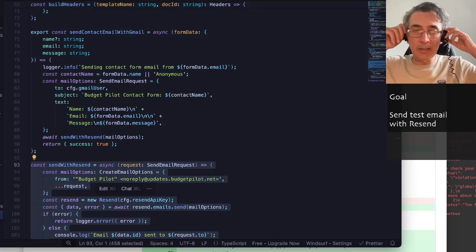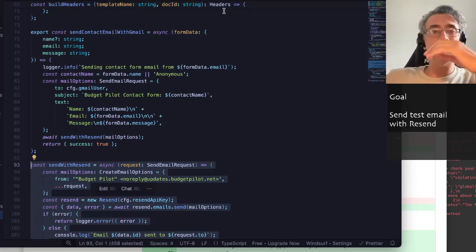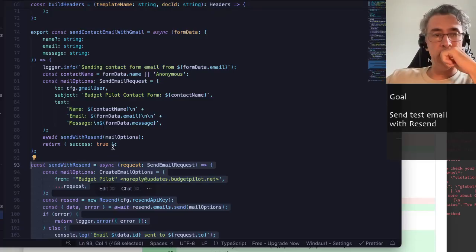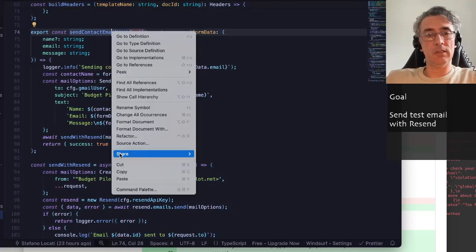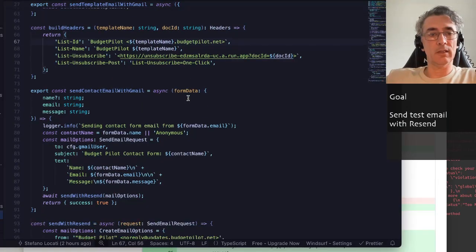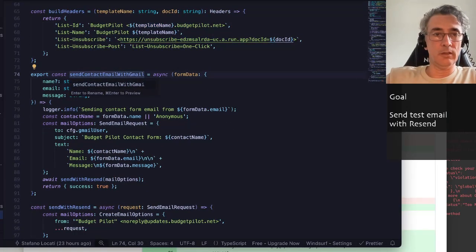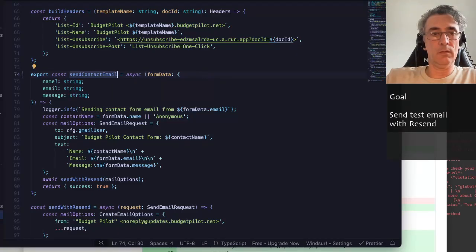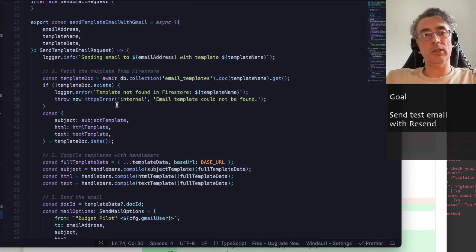So it's not like a pattern or anything. We don't need anything complex, but it's easy to change. So we better rename this to just say, where's the rename? F2, yeah. Let's just try with the keyboard. F2. Yeah, there you go. Send contact email. Okay, that's it. And the other one is not generic yet